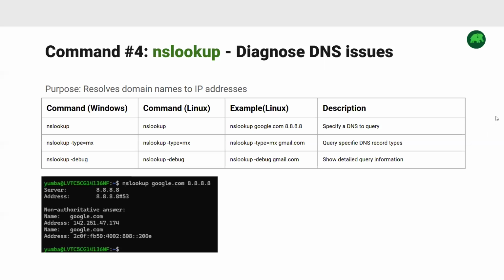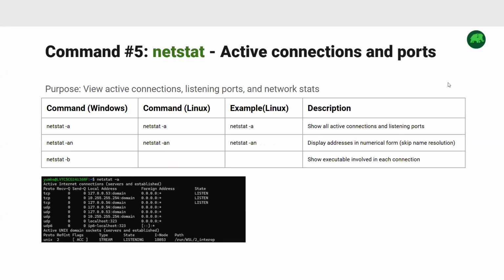On to our next command. In this video, our next command is netstat, for active connections and ports. The netstat command views active connections, listening ports, and network stats. Some common arguments that are used along with this command. On Windows, we have